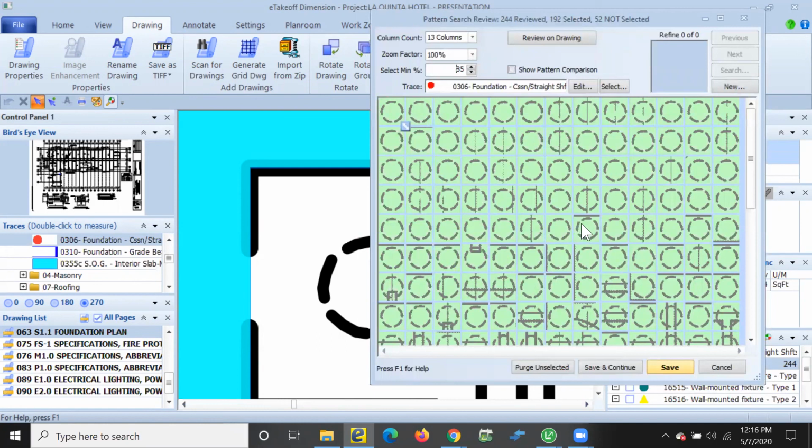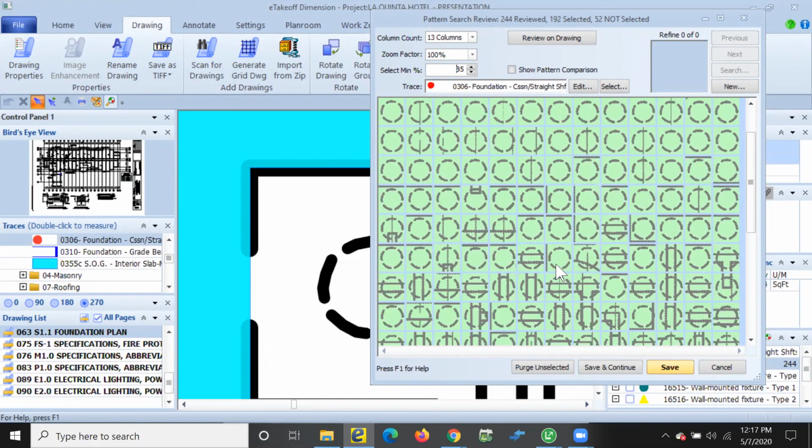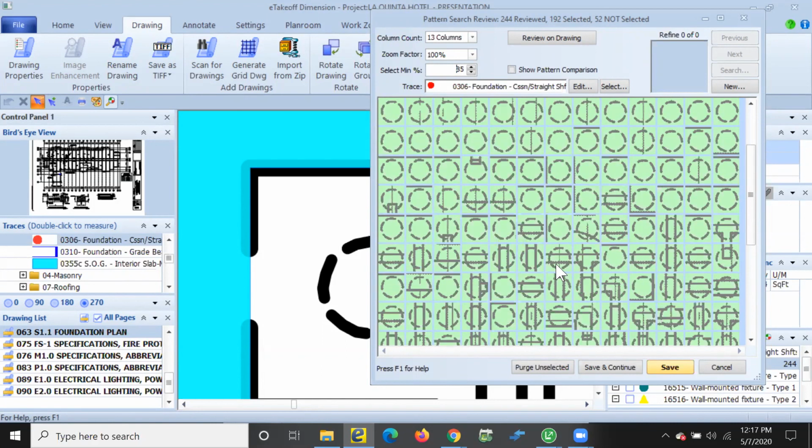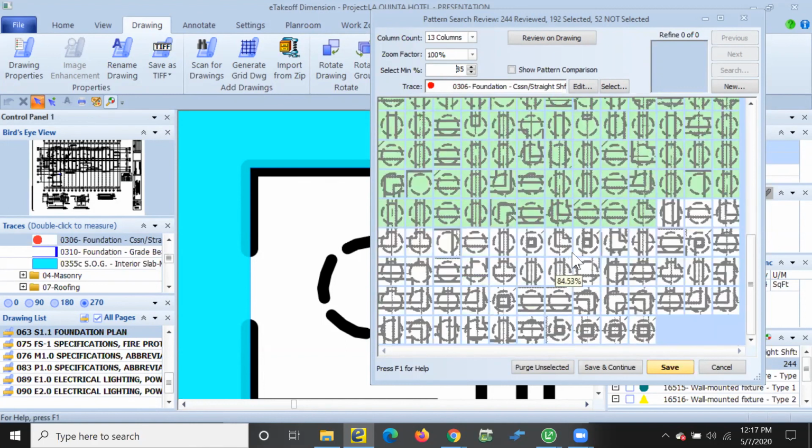This is a patented capability here to read multiple layers of lines and blacks and whites to get you the ultimate specificity in your search. So you'll see I've got a few walls and so forth on some of these piers. So can't take the estimator away from the estimate. You really got to have your own eyes on it too. But it'll pull some things up in white that it thinks might be what you're looking for. The things that it's really sure about, it'll pull up in green.